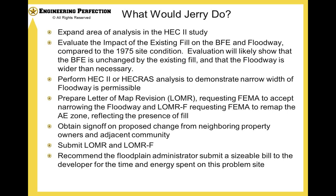Now, part of the tricky part of this is that we've got to obtain sign-off on the proposed change from neighboring property owners and the neighboring community, which is Tim Keaton. And Tim has kind of dug in his heels on this and said, I don't want to sign off on this because I don't want to increase the base flood elevation on people in Cabell County. So there's some convincing that needs to be done here with Tim